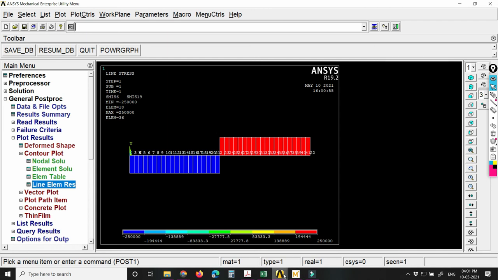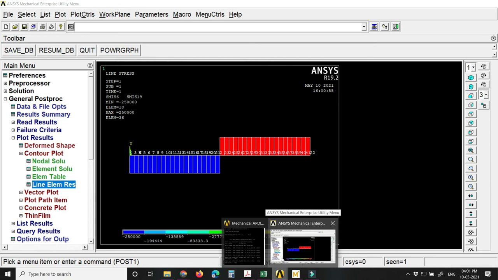If you have the possibility, I would suggest you practice it and try some other kinds of beams: try a fixed beam, a cantilever beam, an overhang beam, like that.